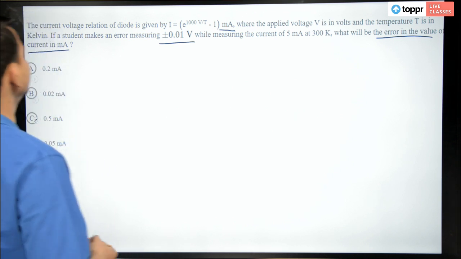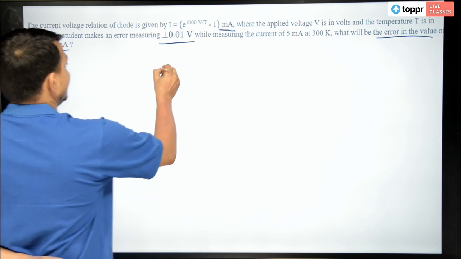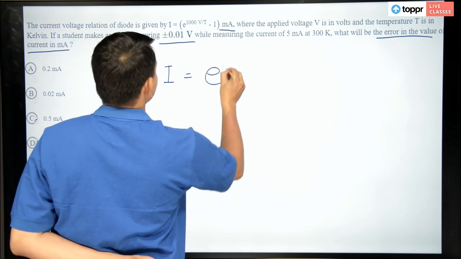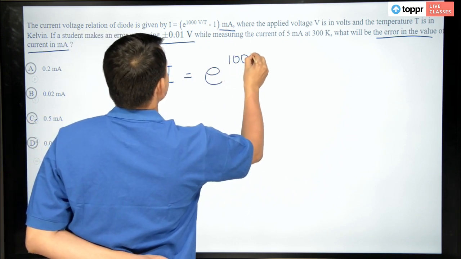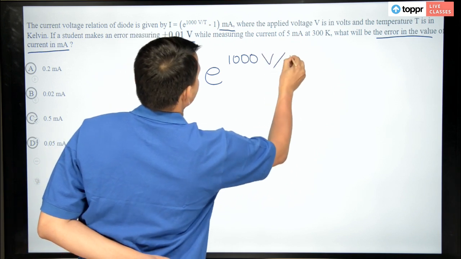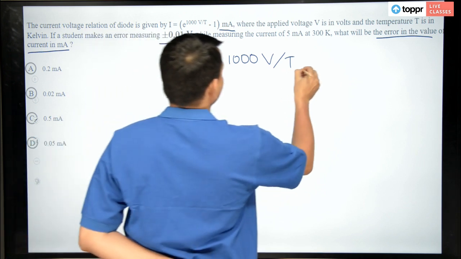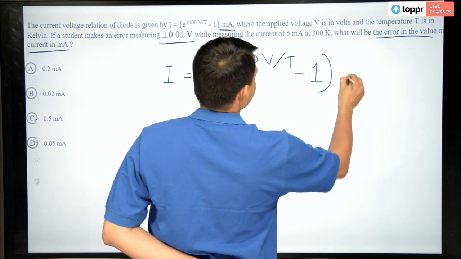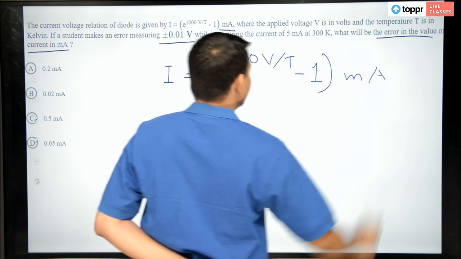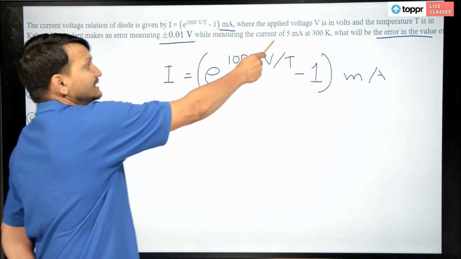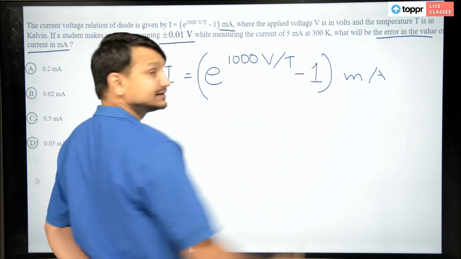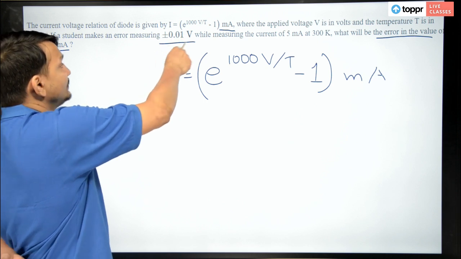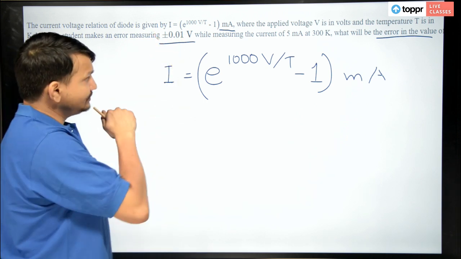Okay, so the current voltage relation is given by I equals e to the power 1000 V by T minus 1 milliampere. It says that while measuring a current of 5 milliampere at 300 Kelvin, we have an error margin of 0.01 volt. So let's try to